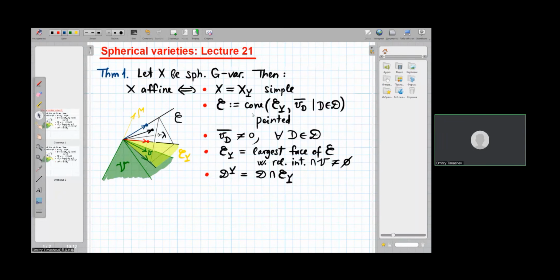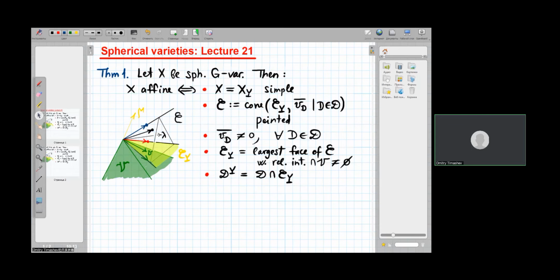So first of all, it is simple. Secondly, the cone spanned by the cone corresponding to the closed orbit, and all colors and vectors corresponding to all colors should be pointed. These vectors corresponding to colors all should be non-zero. Also, the cone corresponding to the closed orbit should be the largest face of this cone C, whose relative interior